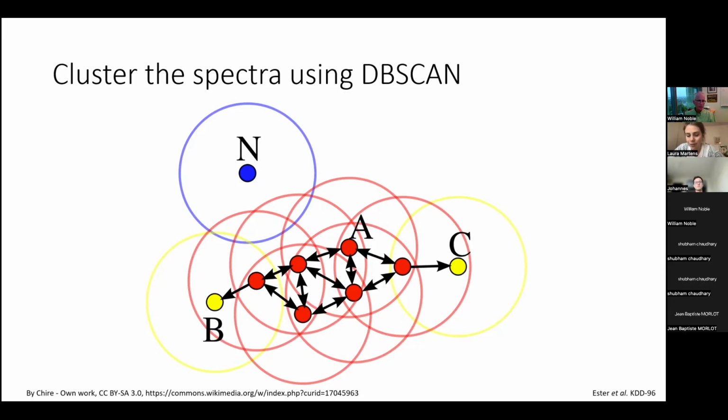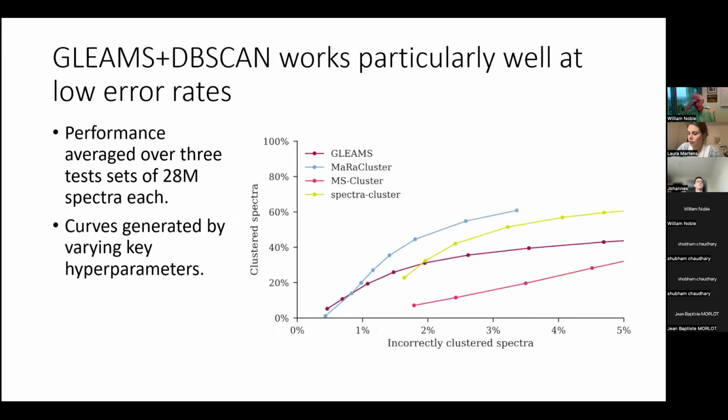But the point is, it's an off-the-shelf clustering algorithm that scales very well to very large datasets. So here is a comparison. Now we're comparing Gleams, which is this supervised sort of embedding approach, to 3 existing algorithms that are unsupervised clustering approaches,